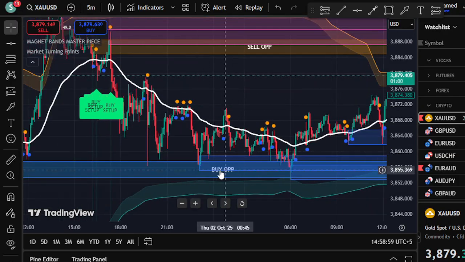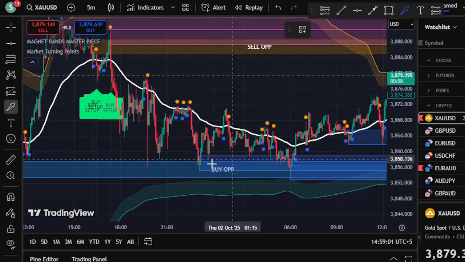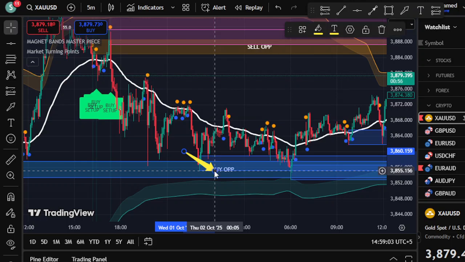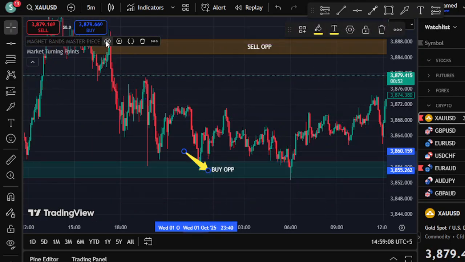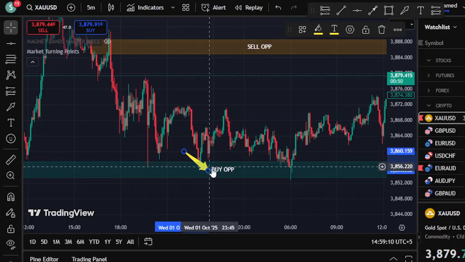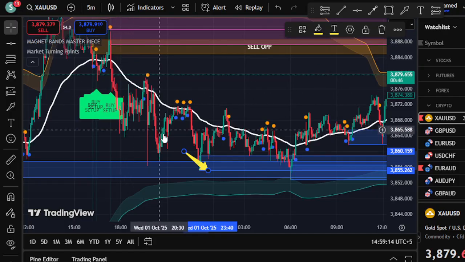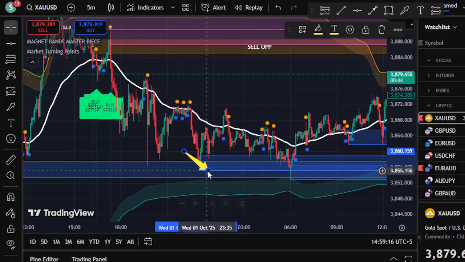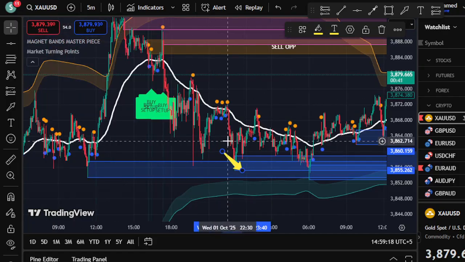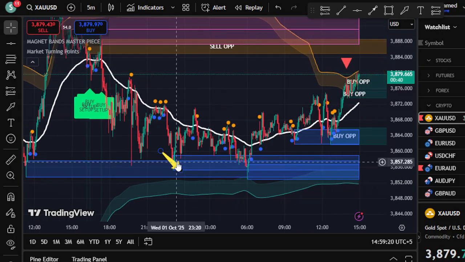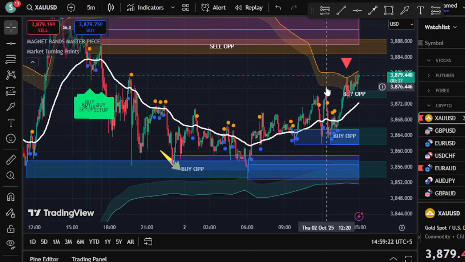For example, if I show you here, you will realize why I am using the market turning points indicator. It's very helpful. If I hide that indicator, you can see that after the breakout of the moving average, the market turning points has provided me with the buy opportunity here. Then you take a buy position and just see the long ride